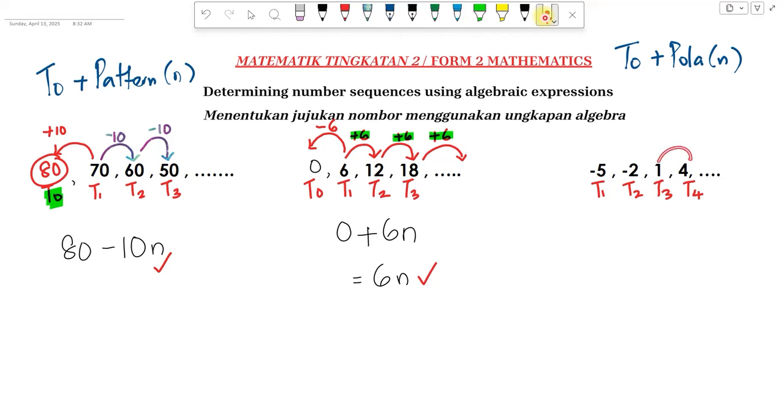So, 1 nak dapatkan 4 kena buat apa? So, how do you get from 1 to 4? You have to plus 3. So, negative 2 kalau tambah 3, dapat tak 1? Dapat. Negative 5 kalau tambah 3, dapat tak negative 2? Dapat. Okay, so plus 3 is our pattern. That means, if I want to get term 0, kalau nak dapat sebutan yang sifar, kena tolak 3, right? Like what I said earlier, ke kanan, if towards the right is plus 3, nak pergi ke kiri, when you go to the left, must minus 3.